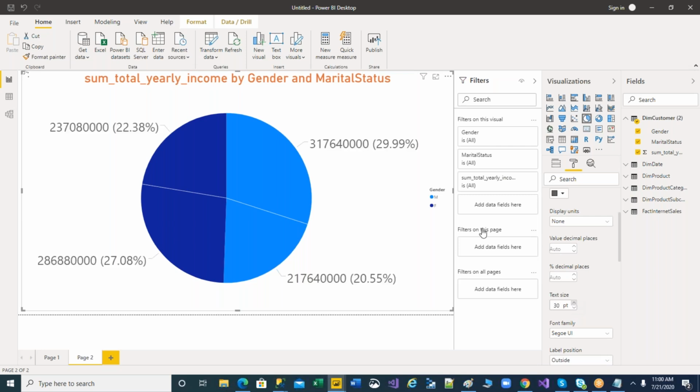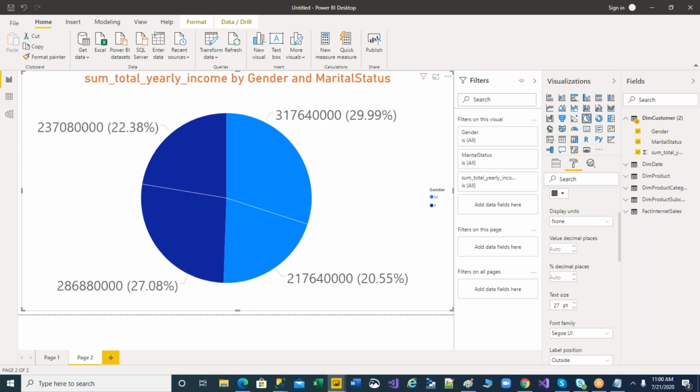See, this is how the report is going to be. If you see male married, that is the percentage of yearly income, female married. By looking at the visual itself, we can say who is getting more